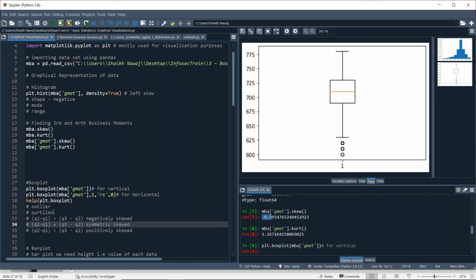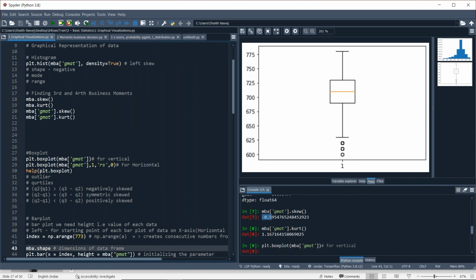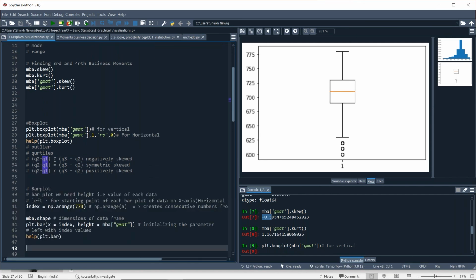To find whether it is negatively skewed, symmetric or positively skewed, we just find the difference between Q3 and Q2 and between Q2 and Q1, like here, and here we find out the skewness.